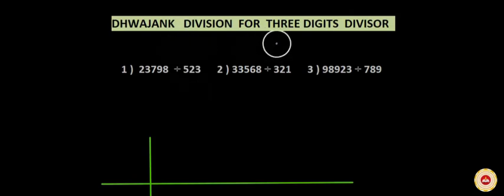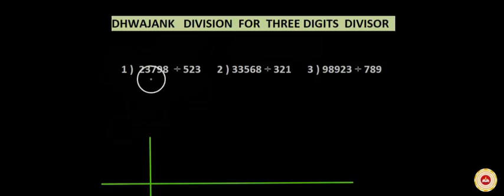Dhwajanka division for 3 digits divisor. So let us solve first example. See friends, procedure is same. Simply flag will contain 2 digits. Flag will contain, see, let me write first dividend here,